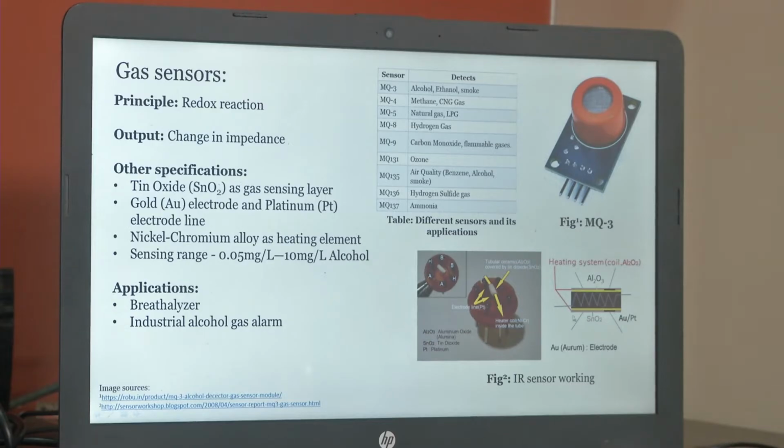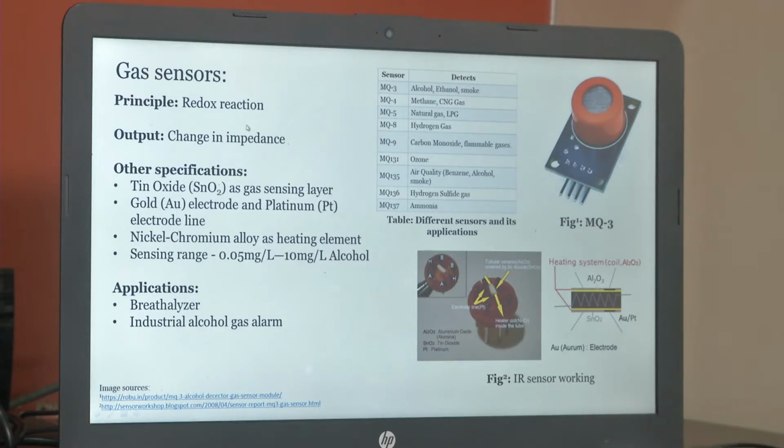This is a metal oxide gas sensor, and one metal oxide may not be too specific for a single gas, but it can detect multiple gases. They are not sensitive to just one but multiple gases. That's why they have different ones under this category. Okay, so I will be showing a demo with the MQ3 gas sensor.